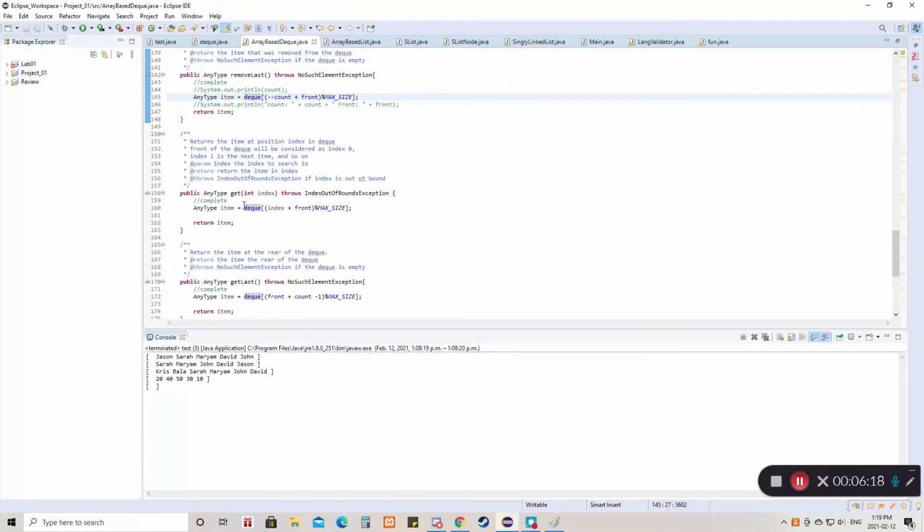And for getting an arbitrary index, what we can do is we add the index to the front and we divide it by max size. The reason why this works is similar to when we are getting the end element, like the last element. Hold on, we actually have to do -1 here, I believe. When we're getting a random element, we add both the index and the front to each other, and then,